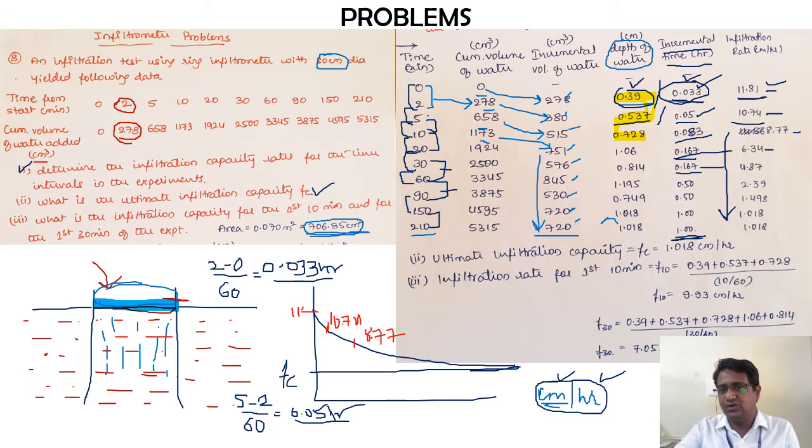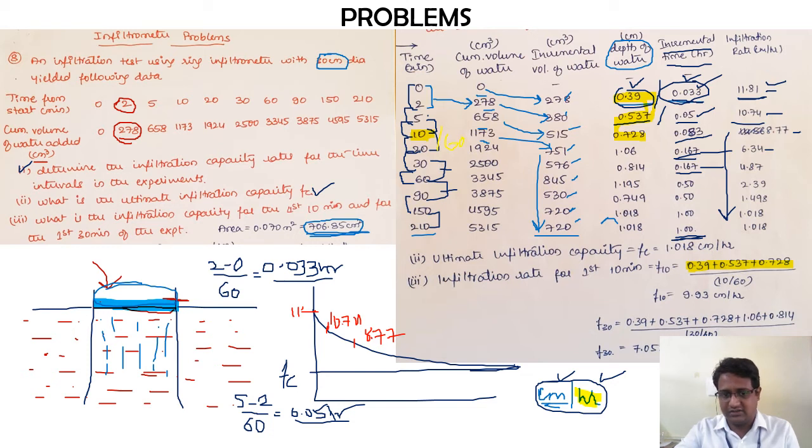Okay, so the total amount of water added over here is the addition of all these three things. Now divide it by how much time it has taken. The total time taken is how much? 10 minutes, but you want it in terms of hours, so you want to convert this minute into hour. So how are you going to do that? 10 divided by 60.